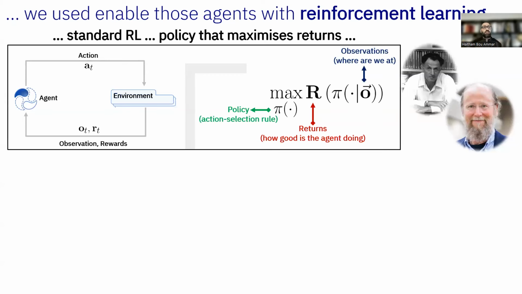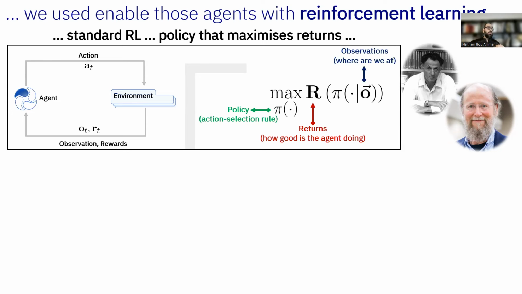The observation is just telling the agent where it is in that environment, and the reward is telling the agent how well that action performed in the environment. Let's say I want to go to the door. I'm the agent, and this room is the environment. My current observation, for example, could be what I'm seeing now or my current position. My action could be: go left, go right, go forward, go backward. The next observation could be the new position I'll be in after going forward, for example, if I chose that action. And the reward is: am I getting closer to the door or not?